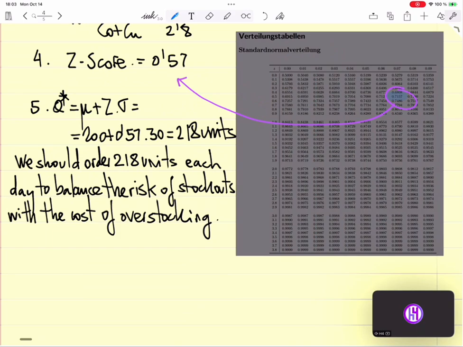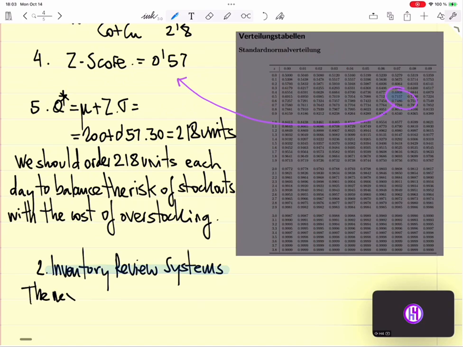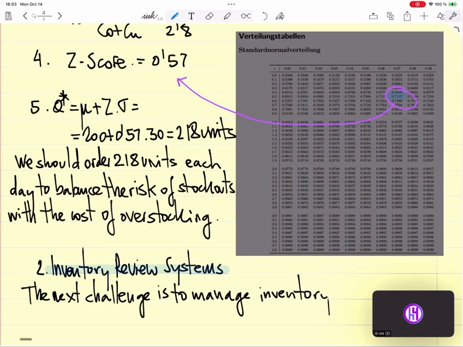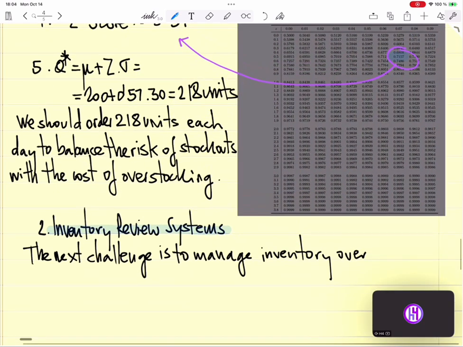So we go to the second point of today, which is the inventory review systems. Okay. The next challenge is to manage inventory over a longer time horizon